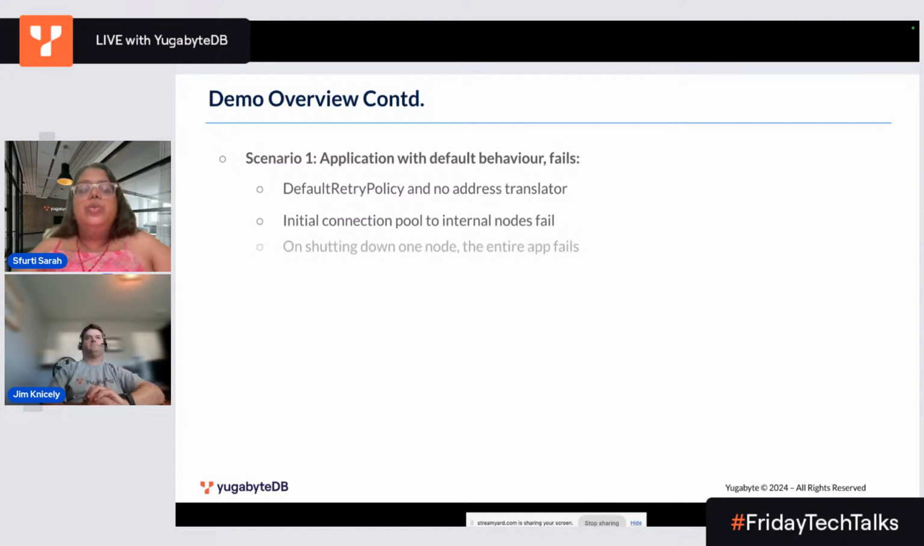And when one of the nodes goes down, the load balancer IP will be thought of as down by the driver, and when the driver tries to send a request on another node, it will not find any, as it does in the default retry policy. So for the first issue, that is the initial connection pool to internal nodes failing, we introduce